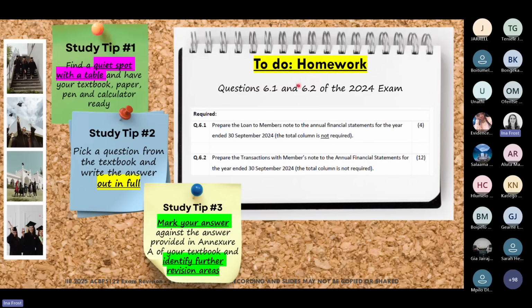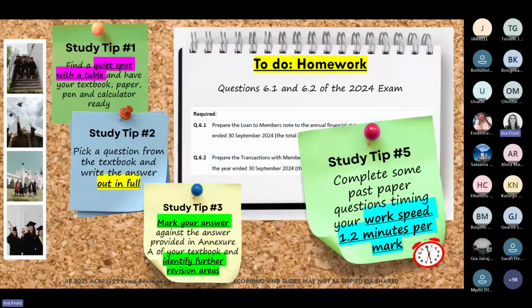So remember, these notes do get tested as well. It was done last year, so you can go and try this past paper at home. And remember again, if you are trying a past paper, you are going to try and time yourself to make sure that you are able to complete a question within the time that we expect of you.